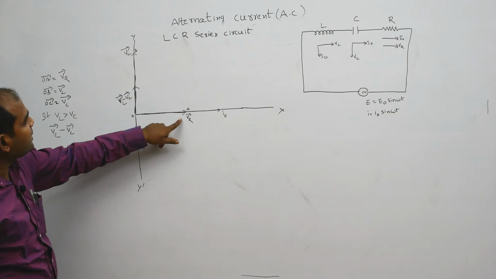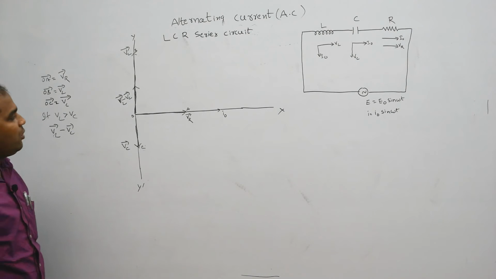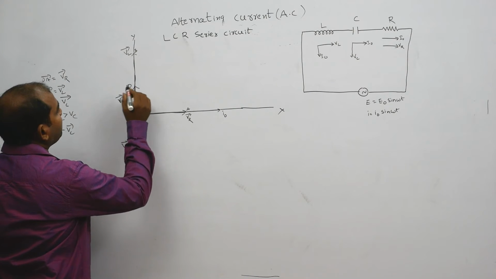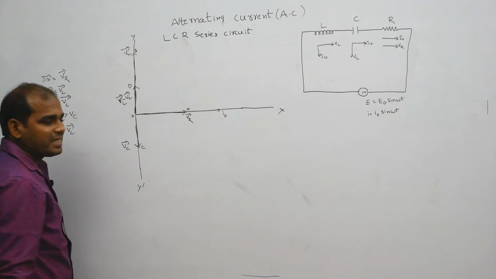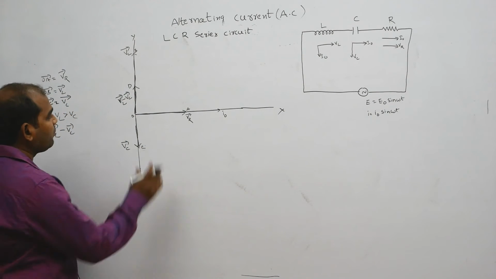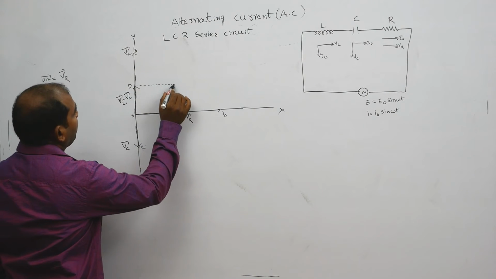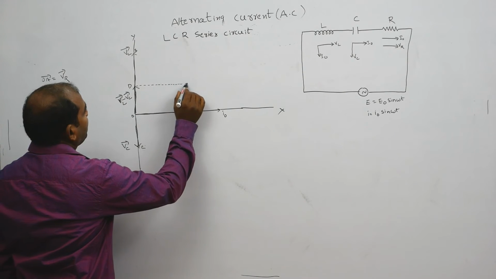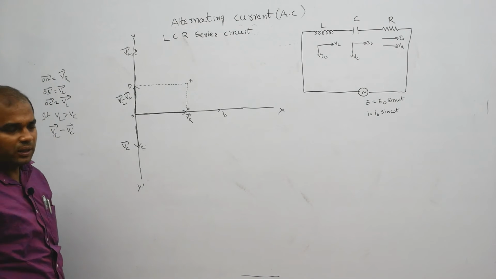Now we are going to see the resultant of VR bar and VL bar minus VC according to parallelogram vector addition. Construct a parallelogram with this. Let's suppose this point is D. So consider OD and OA as adjacent sides of the parallelogram. Based on these adjacent sides, construct a parallelogram. Let this point be K. So this point is K.